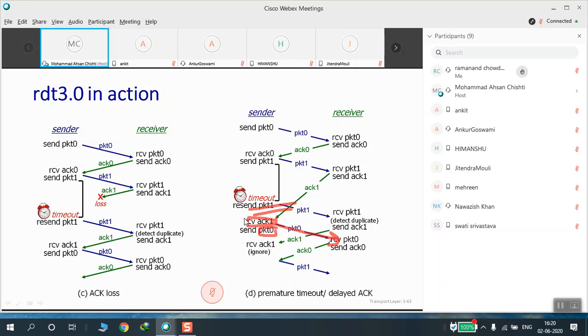It sent another acknowledgement for the already received packet. The receiver sends this acknowledgement 1 and the sender receives it. But it has already received this acknowledgement, where? Here. So what does it do? It ignores it because it knows that it has already received the packet.